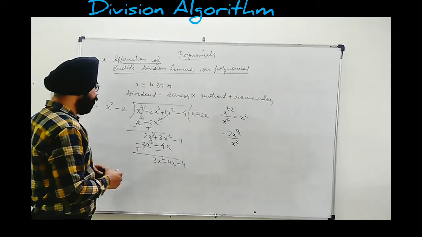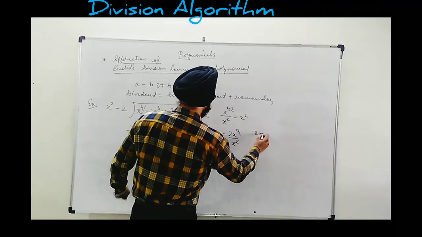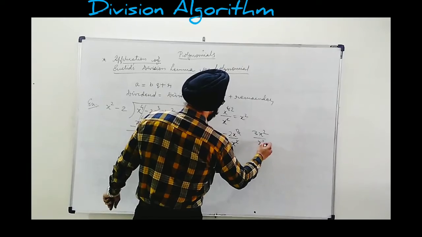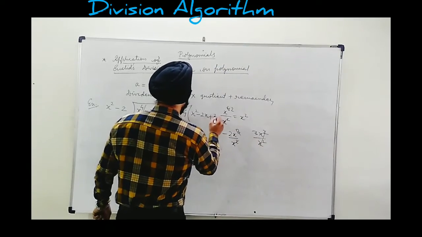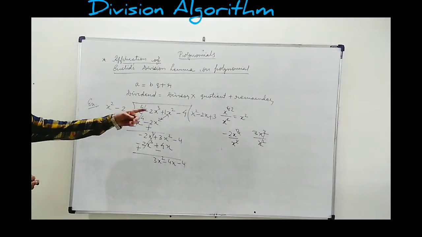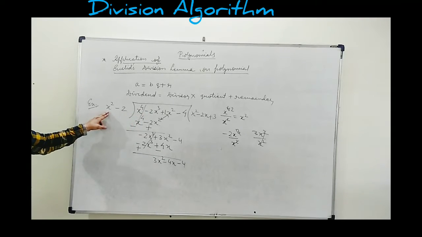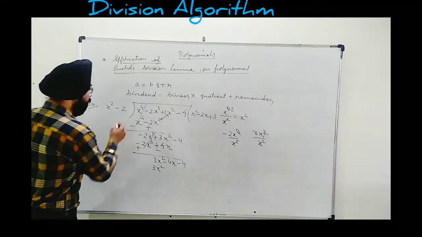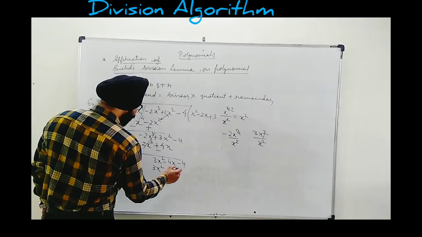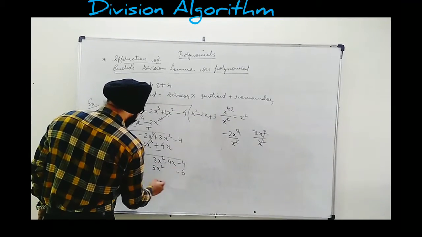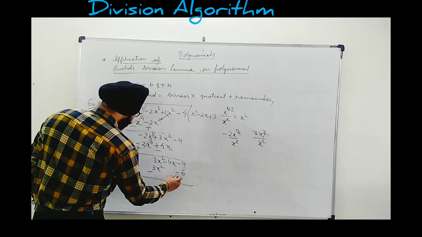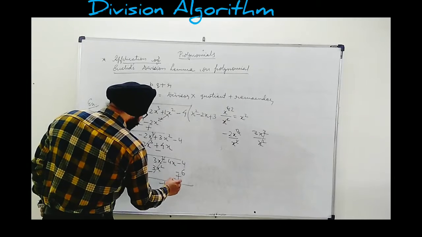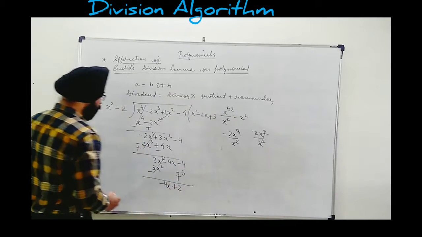We will continue now. 3x square from dividend divided by x square from divisor cancels out, plus 3. Plus 3 becomes part of the quotient. Now that plus 3 will be multiplied in divisor to get 3x square minus 6. Obviously it is a constant, so we will write it below minus 4. Subtraction, and the terms cancel out. We are left with minus 4x and minus 4 plus 2.